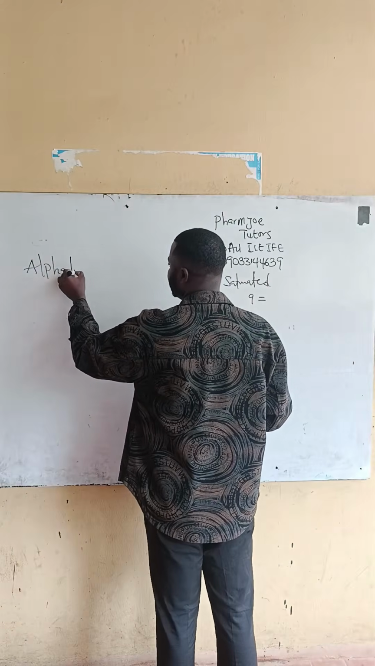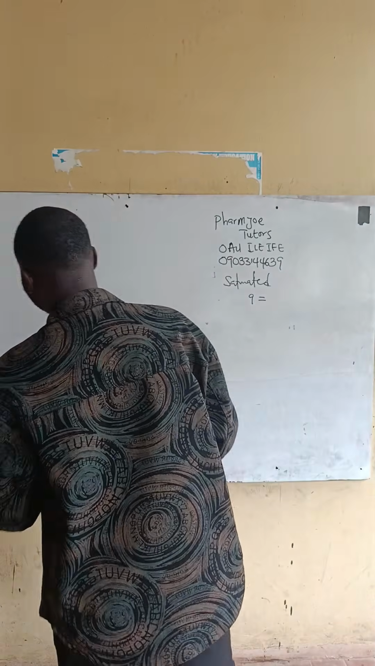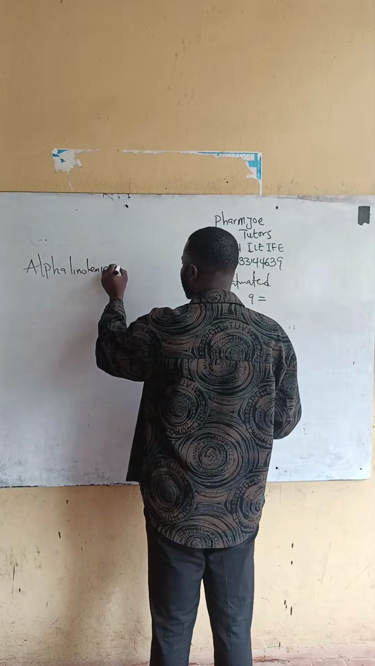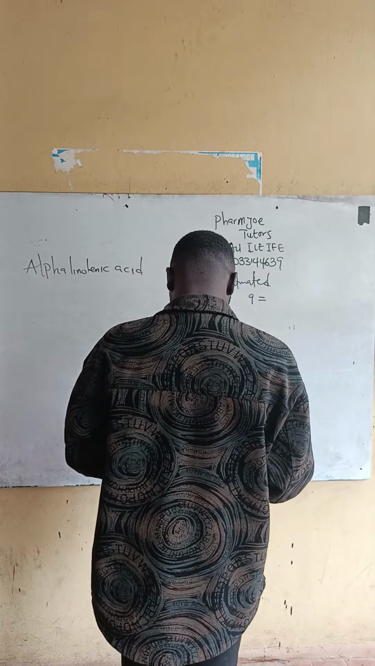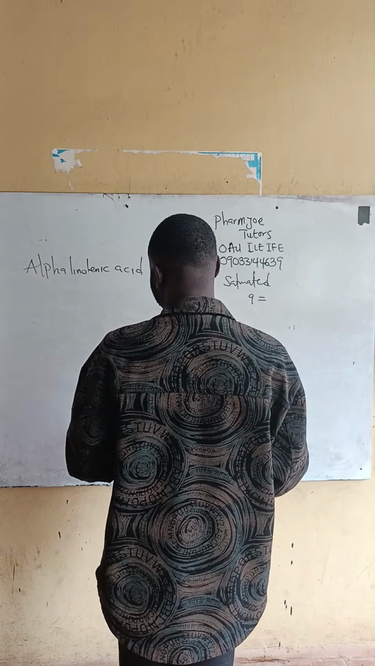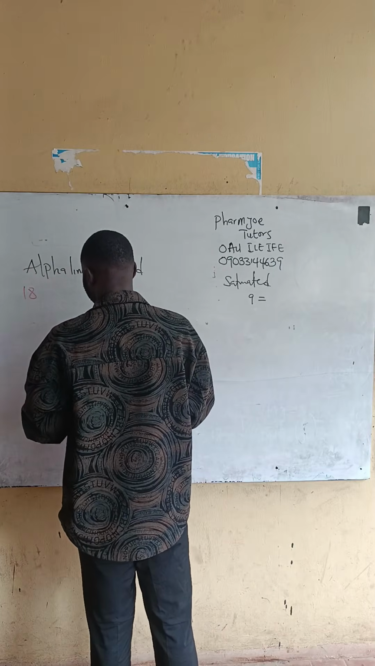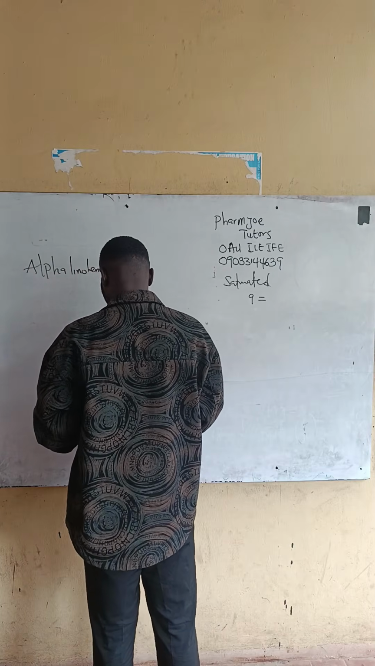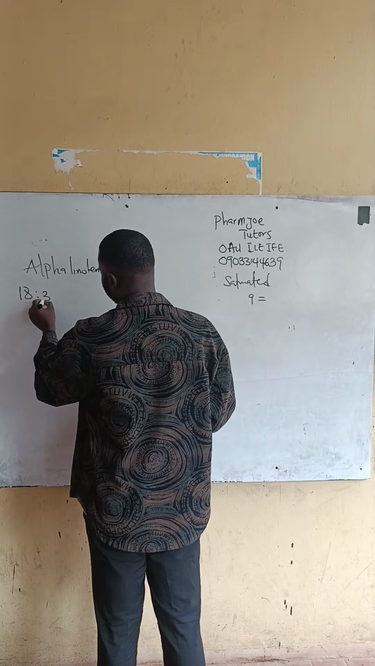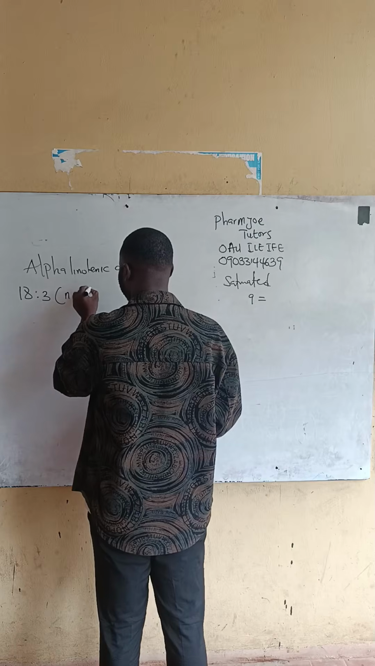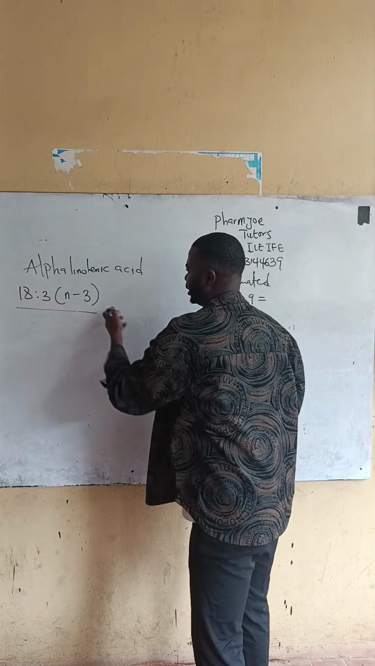Alpha, I think you have alpha linolenic acid. Alpha linolenic acid. That guy is 18. And I want you to give me the information yourself. It's 18:3 n minus 3. Now I told you already, when you see this n minus 3,